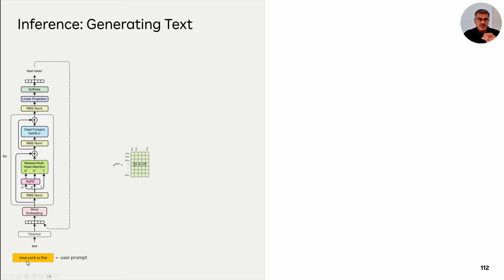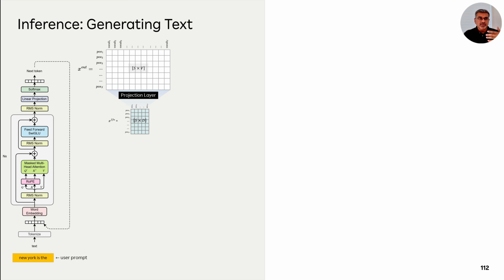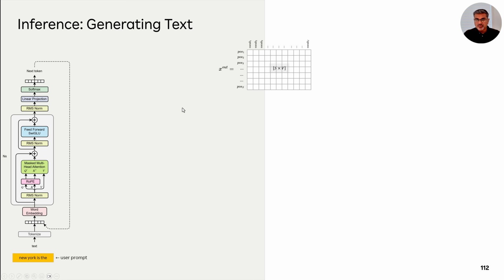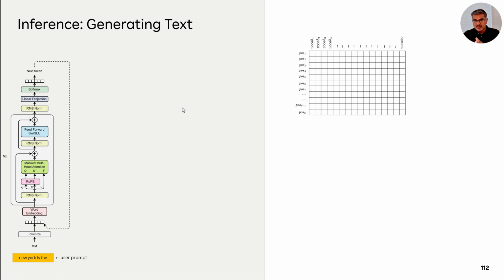So far, the tokens in the input sentence are just "New York is the." Now that makes the journey forward. It goes through the feed forward neural network, and then you have your final S cross D matrix. This S cross D matrix is projected using the linear projection layer to an S cross V matrix, because from this S cross V matrix, which is what we're going to be studying throughout the rest of this section of the presentation,